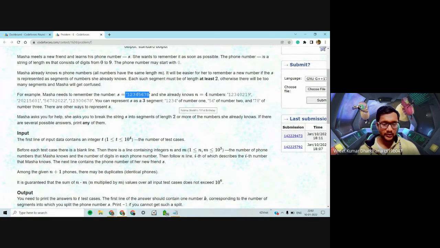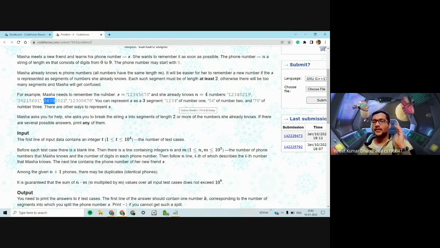So this 1 2 3 4 5 6 7 8 can be divided into previous segments: we can take 1, 2, 3, 4 from here. We can take 5, 6 from here, or maybe we can take 5, 6, 7, 8 completely from here. And if you club them, you will get this complete number 1, 2, 3, 4, 5, 6, 7, 8.